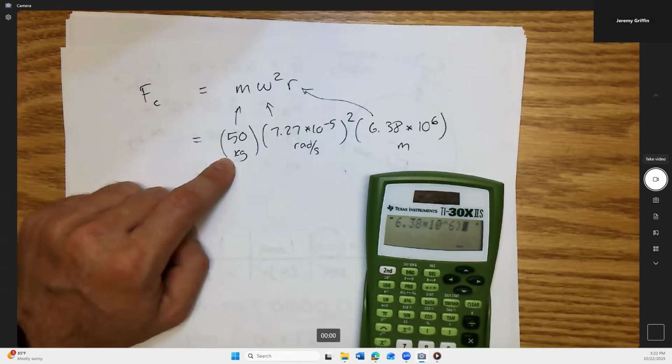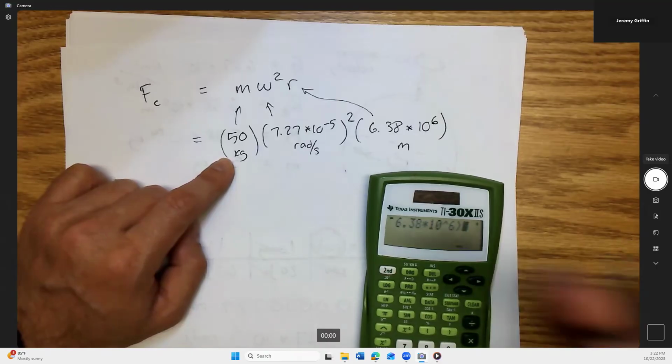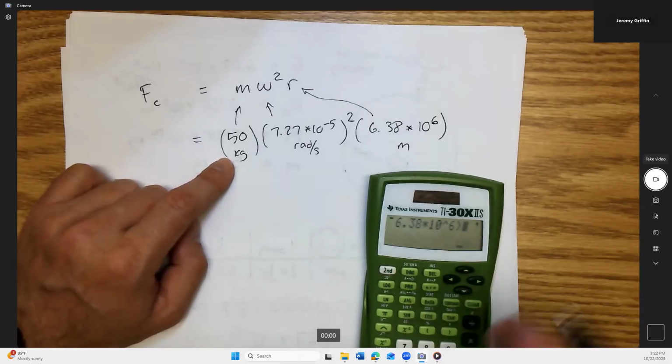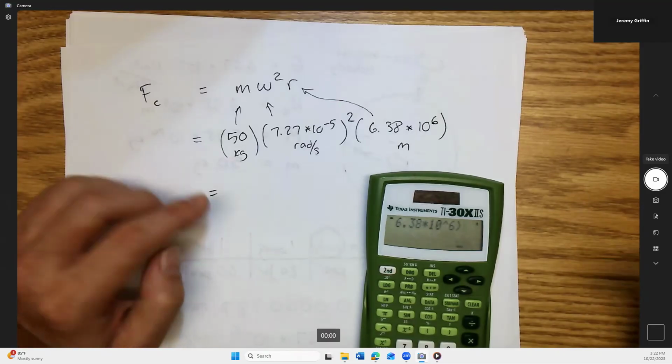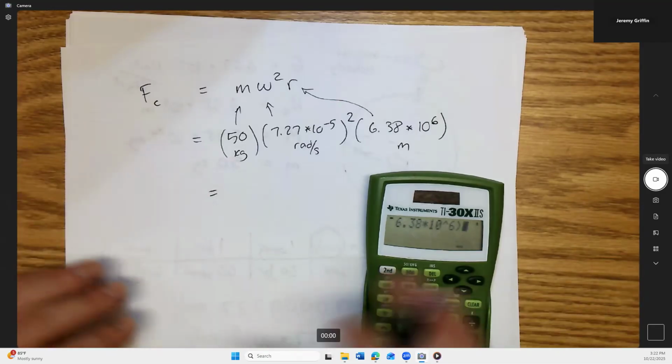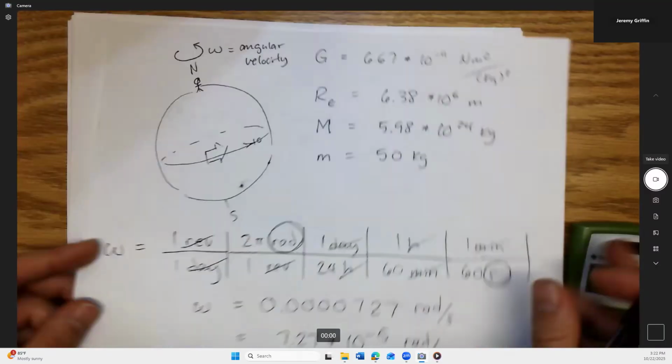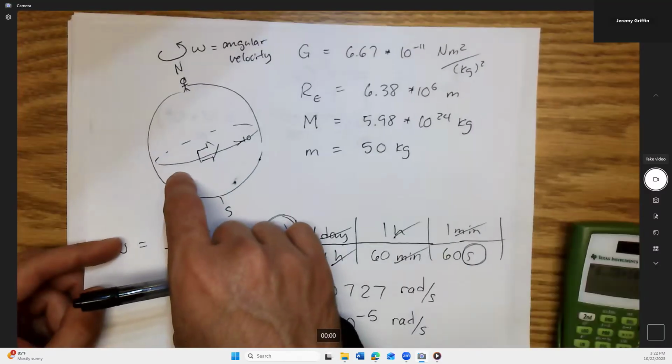Hey guys, if you have a mass of 50 kilograms, let's think big picture here. How much do you weigh about? Yeah, like 500 newtons, right? To go from kilograms to newtons, you multiply by 10 meters per second squared on Earth. So I know you weigh 500 newtons. Now, as a 500 newton person, actually really anything at the